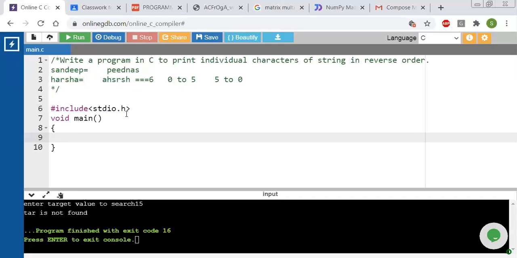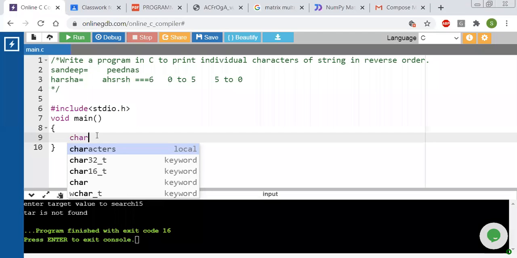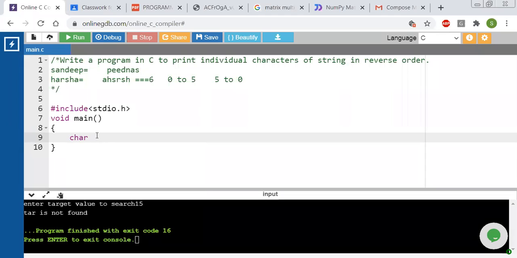Here we require one string. How to declare a string? It is nothing but a character array. So I'm taking s1 of, is equal to, a static value.